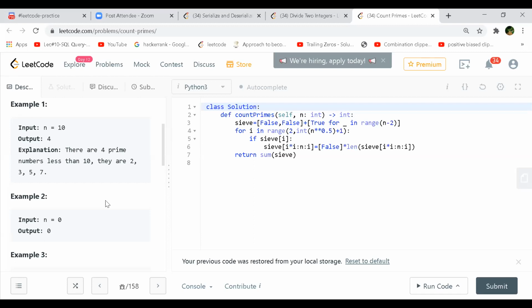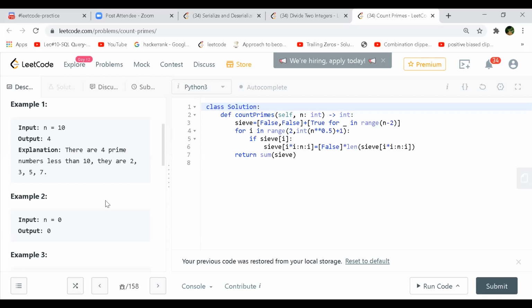Yeah. So then we come to 5. In that case, we try to do the same thing. We have now 2 and 3, and we try to divide 5 by 2. It's not a complete division. So then we go to 3. 5 divided by 3 is also not a complete division. So we conclude that 5 is a prime number. So we add that 5 to our 2 and 3's list. So now 2, 3, 5 are prime numbers, right?